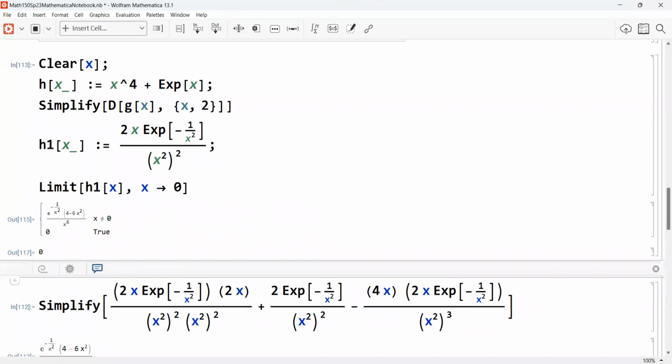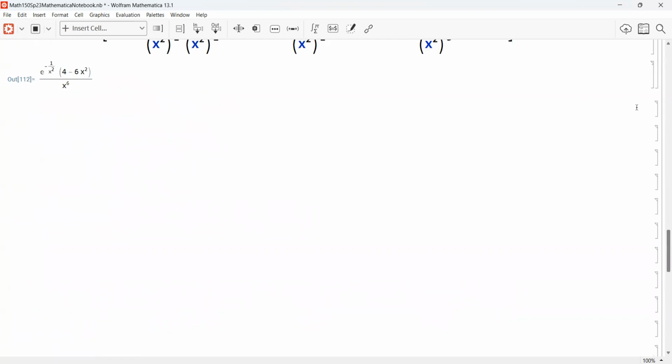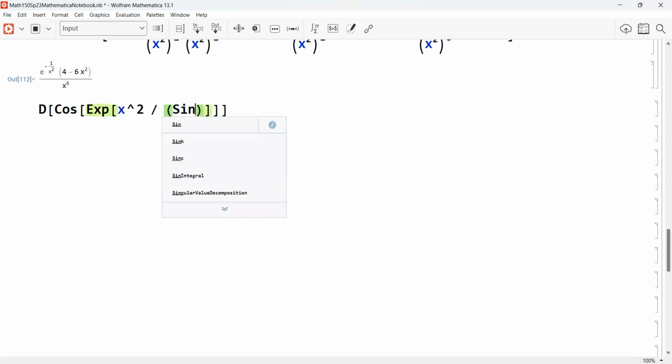And so not only does it do it, but it actually prints it out in a very nice manner. It's equal to this nice expression if x is not 0, and 0 if x equals 0. And so if I give you any function and ask you to find the derivative, it's not a big deal anymore, right? So if I want to find the derivative of cosine of exponential of x squared over sine of